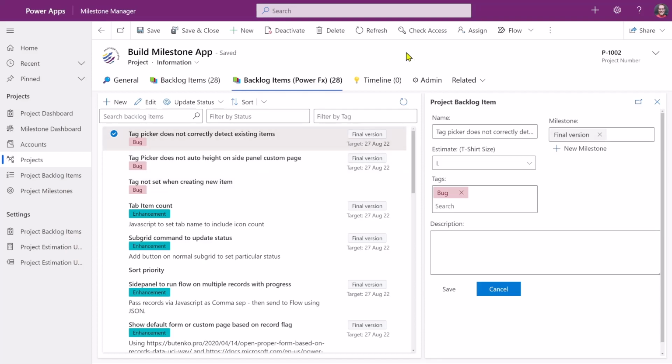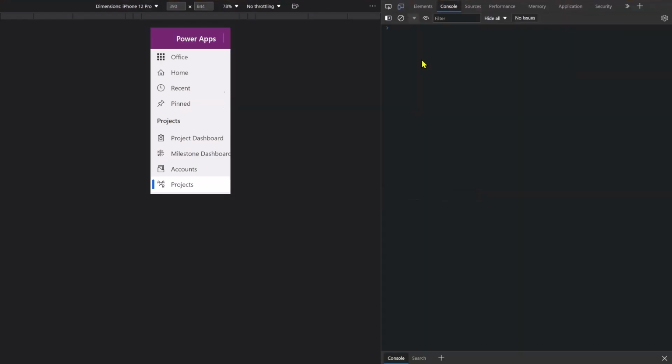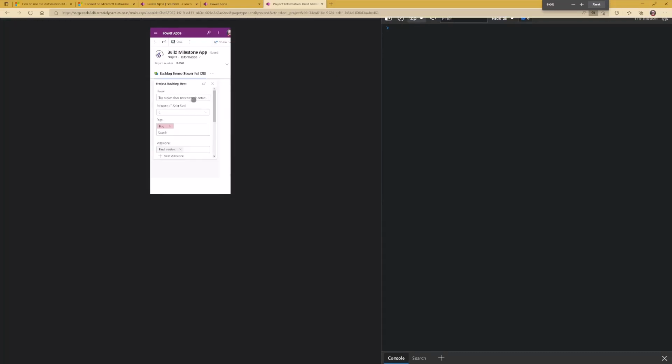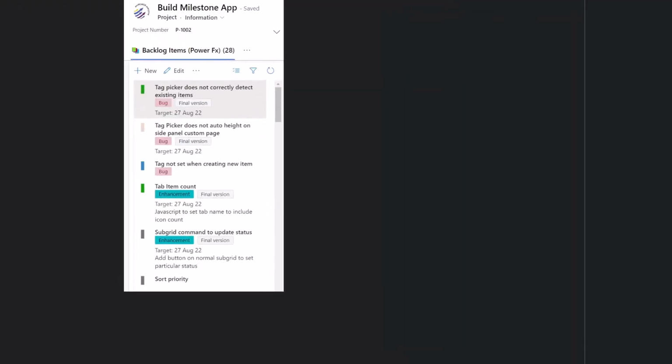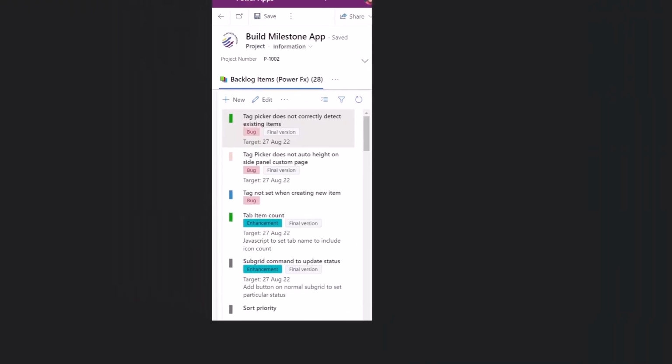The other great thing is that using the Fluent UI controls means that if we swap over into a mobile emulator here, you can see that it's responsive as well. When it's shown in a form factor similar to a mobile phone, the columns fold underneath each other so you don't end up with a horizontal scroll bar.